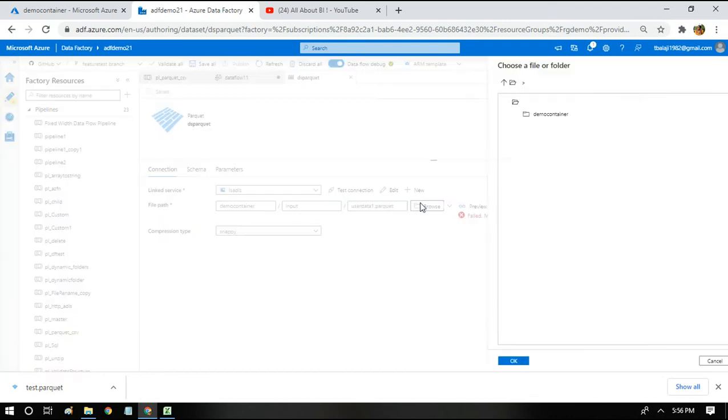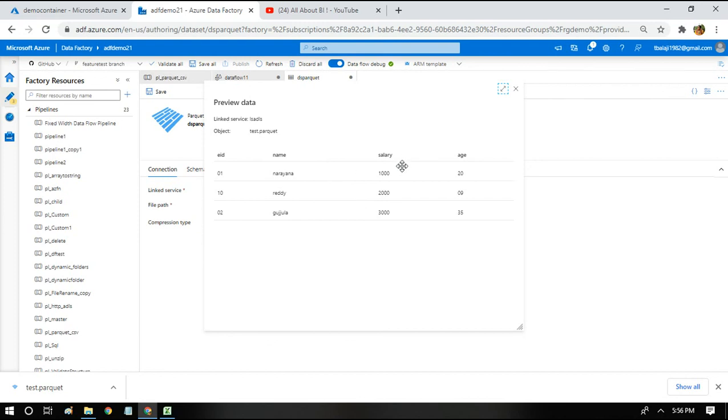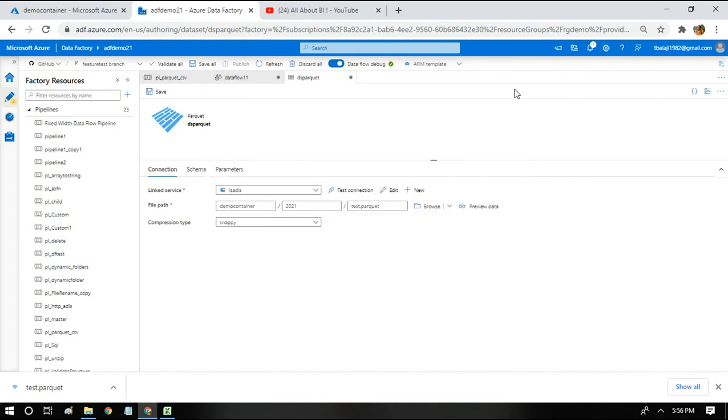I'll just point to the same place where we have recently written test.parquet. Okay, so I'll just preview the data. See here how beautifully it's coming. It's the same way we work with CSV files and text files, just that you will have to choose the option Parquet while you create the data set itself.